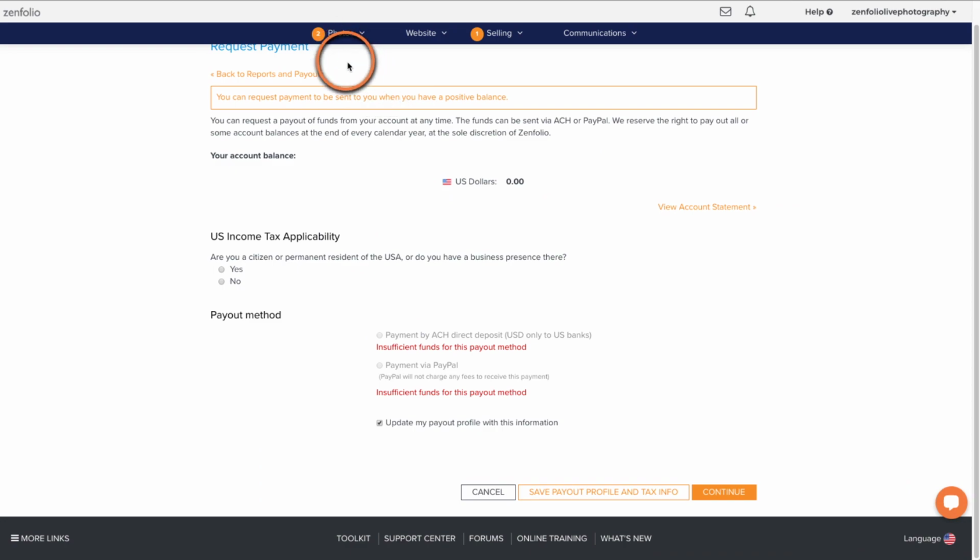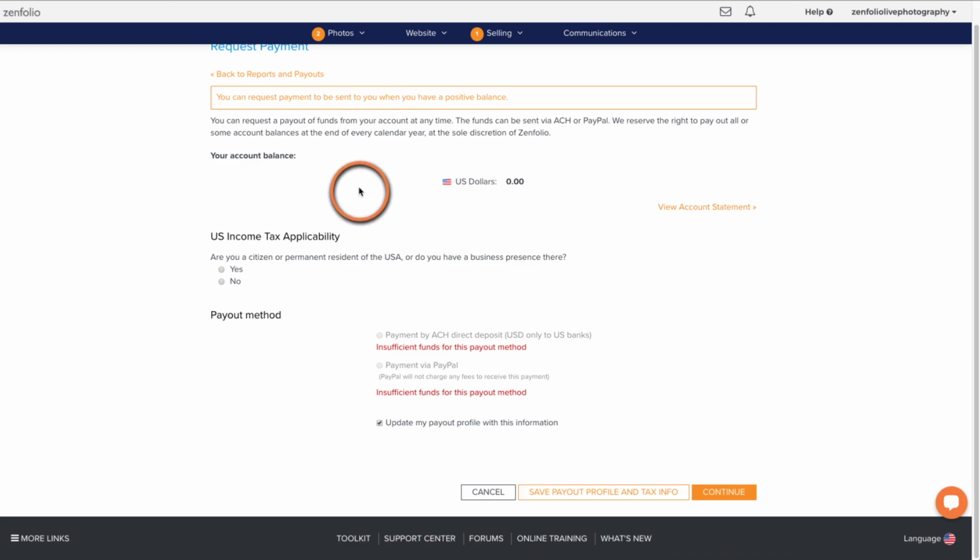Now, one of the things that I always like to point out is that whenever your account comes up for renewal, Zenfolio actually charges your account balance first before we charge your credit card that's on file. And so if you have profit in there, we will actually take that profit and put it against the cost of your subscription. I tell people that because you can leave enough money in your account year after year to cover the cost of the subscription. And that way your account is paying for itself.